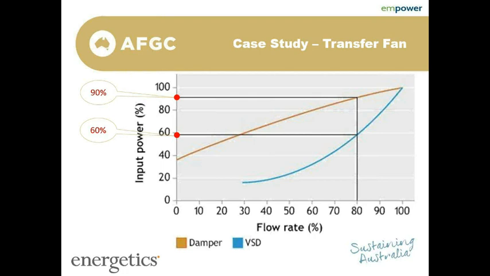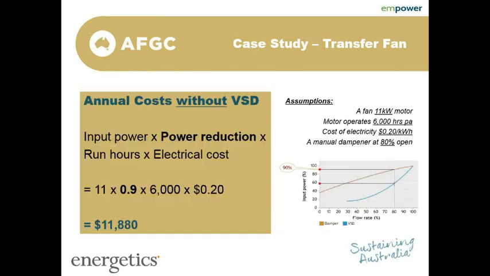At that 80% flow rate, which is what we're looking at for this example, the motor with the dampener is still using about 90% of the input power, compared to the variable speed drive on the motor, which is about 60%. And so then what does that translate to in savings? So without the VSD,